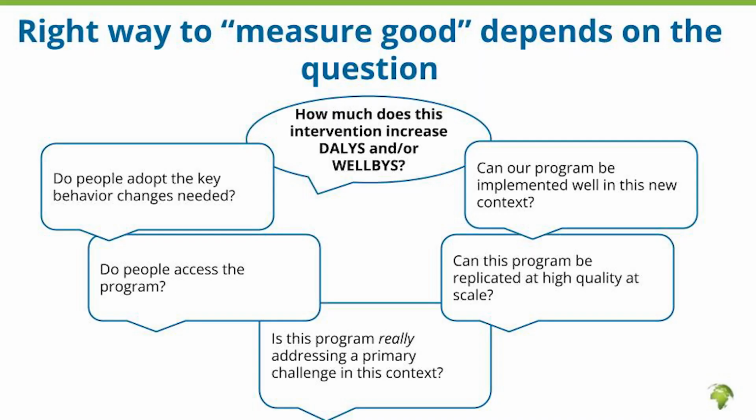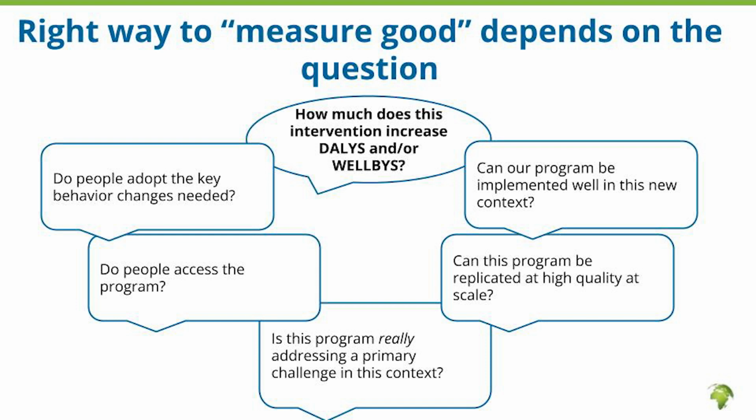So when you're thinking about measuring good better as a goal, you need to think about what your primary question is for a specific intervention. So you might start by asking, okay, how much does this specific intervention, let's say a group therapy program, or maybe something we're all familiar with, like bed nets, typically increase something like wellbeing? In order to answer that question, you have to look at a lot of other questions too. You can see this pile of questions as examples.